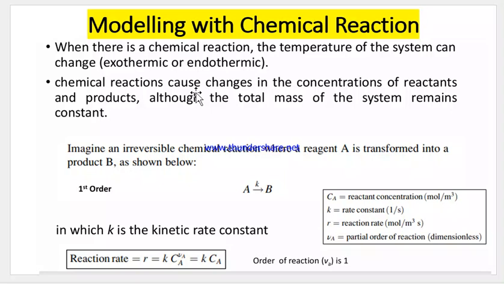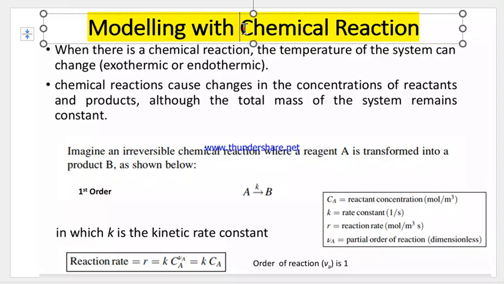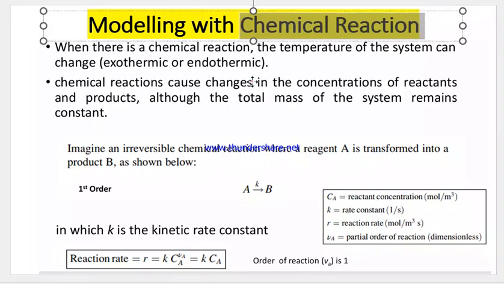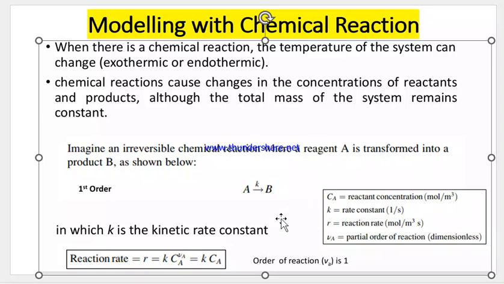Another detail of reactor modeling or process modeling to consider is that involving chemical reaction. When it involves chemical reaction, there are some other considerations we have to include. That means when there is chemical reaction, there is a generation term or consumption term in our model. Let's look at this reaction: A converts to B, and the reaction constant is k. So the reaction rate is equal to k C_A,